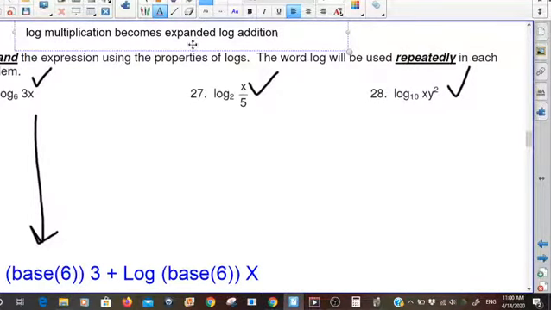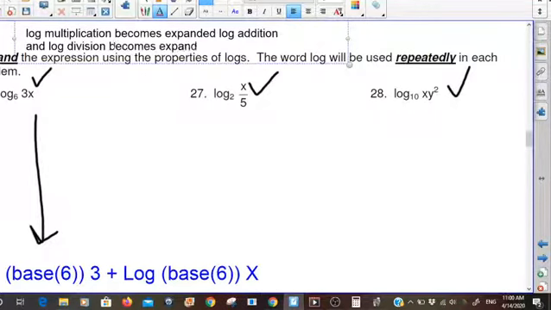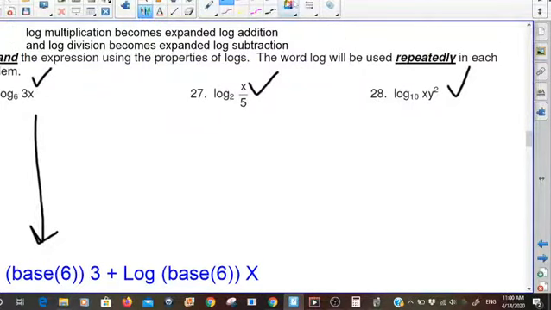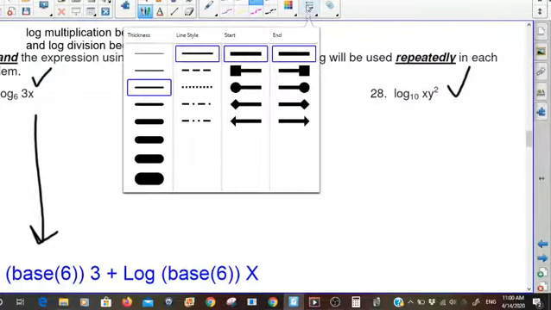So log multiplication becomes expanded log addition, and log division, of course, we put that down here. And log division becomes expanded log subtraction, right? So that's what you learned in that last video. And so you learned in that last video that Kermit the Frog here, let's see your screen,